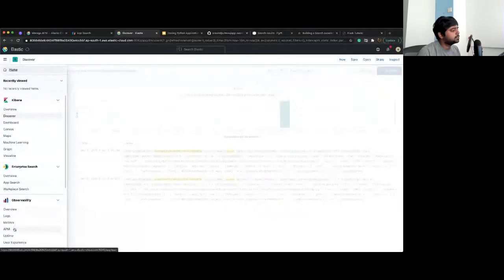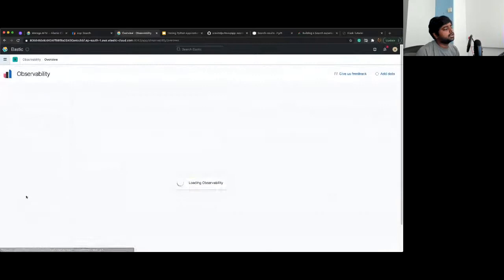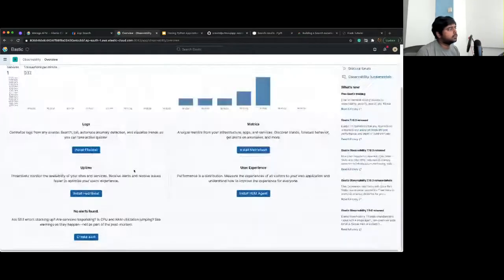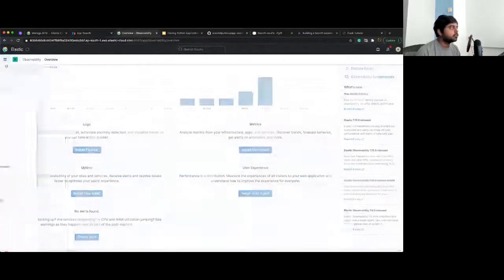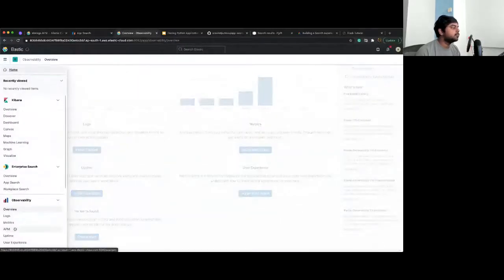Now that you have this particular area, you could go and ingest logs, you could ingest metrics, and if you are using a Kubernetes kind of environment, you could build this entire thing end to end. Thereby you'll be able to have a nice monitoring framework through which you can find out what I need to improve in my code, right? So what improvisation I could make in my code.